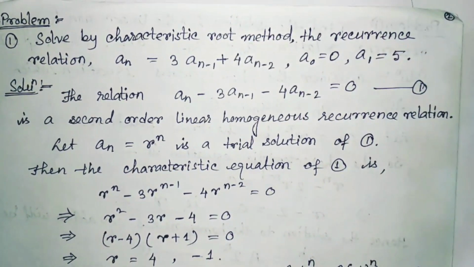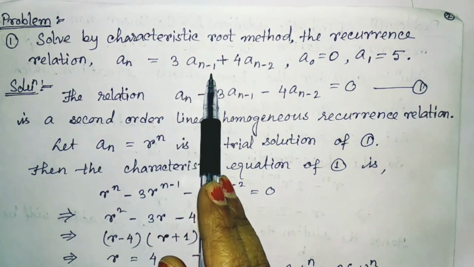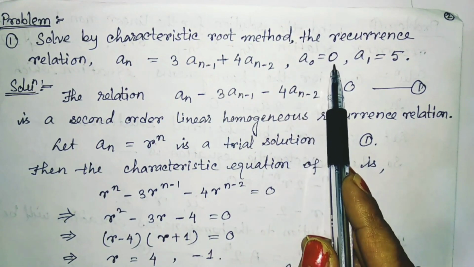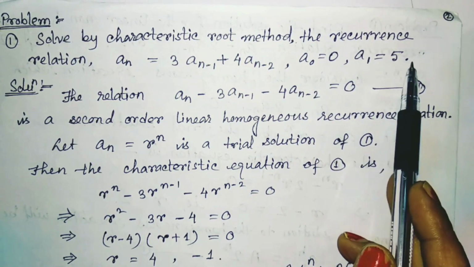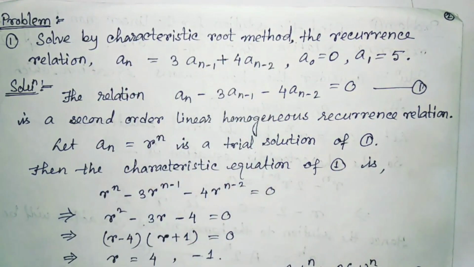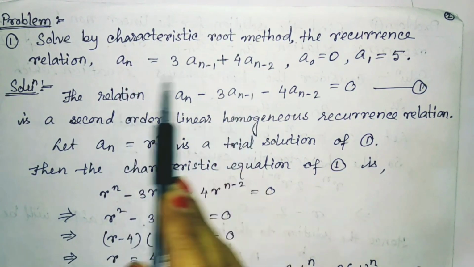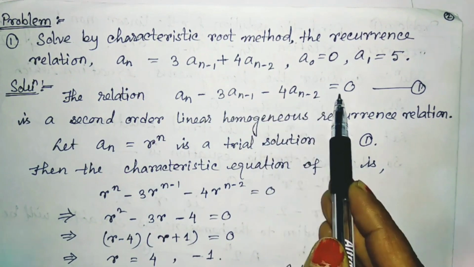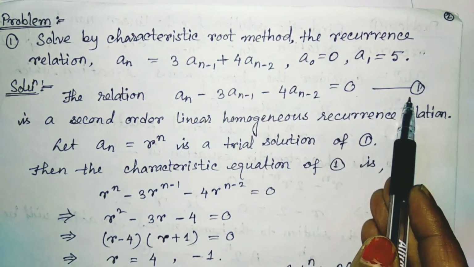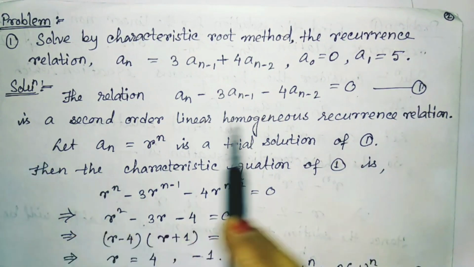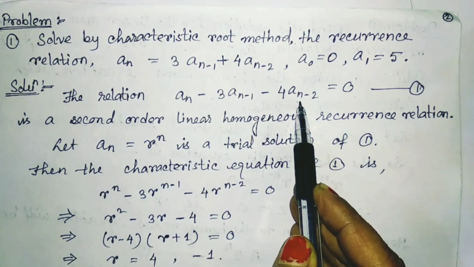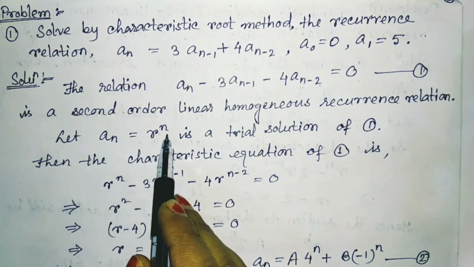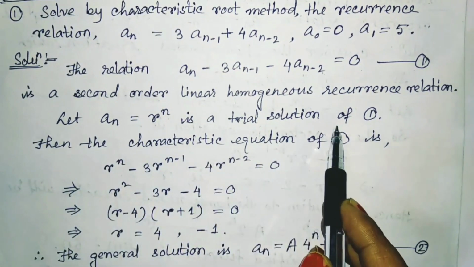So one real-time example: suppose an is equal to 3an minus 1 plus 4an minus 2, where the initial conditions are given as a0 is equal to 0 and a1 is equal to 5. Now by the characteristic root method, if you want to solve it, initially we rewrite this equation as an minus 3an minus 1 minus 4an minus 2 is equal to 0, and that is termed equation number 1. This is a second order linear homogeneous recurrence relation. Now if you replace an by r to the power n, the trial solution,